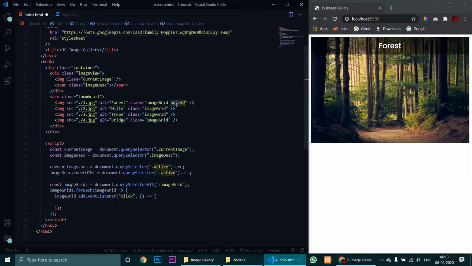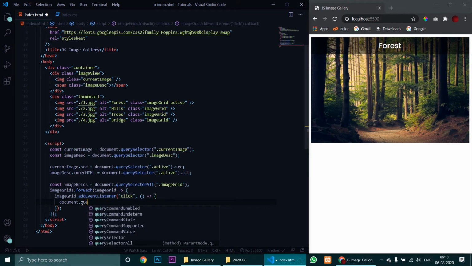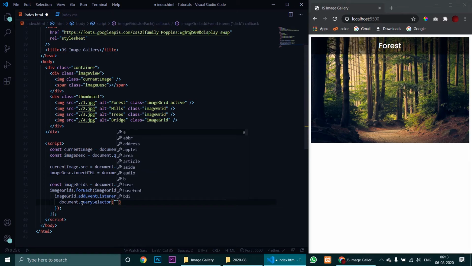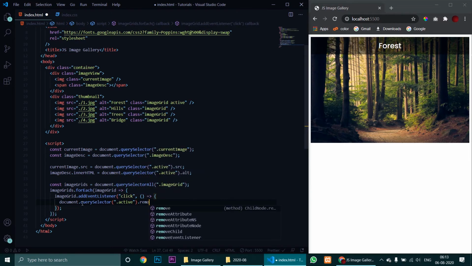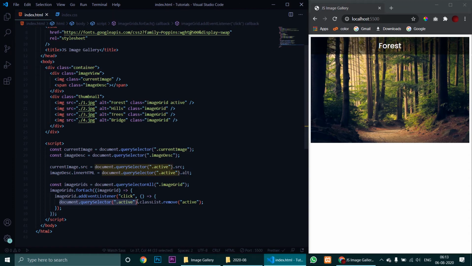Now we already know what we have to do inside this. First we need to remove the active class from this image. So for that, what we will do is, we will just take the element with the class active and remove the class active from it. This is a one line syntax, and if you are working with such kind of things, it will be very necessary for you to learn this. What we did is, first we extracted the element with the class active, and then we removed the class active from it. It is a very basic sentence.